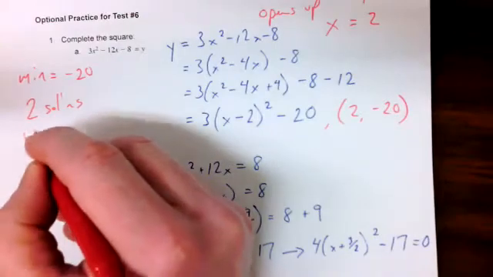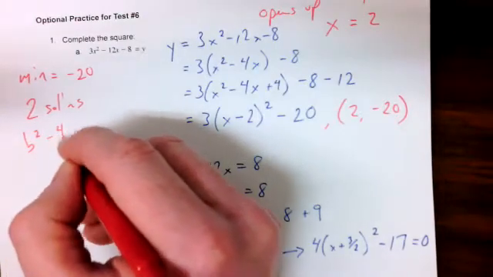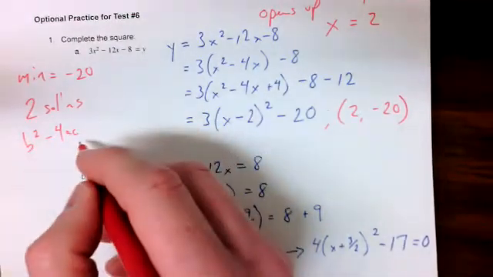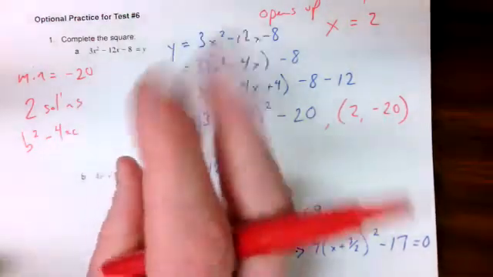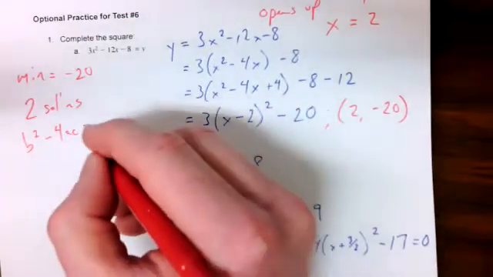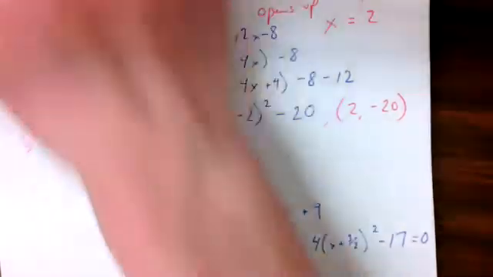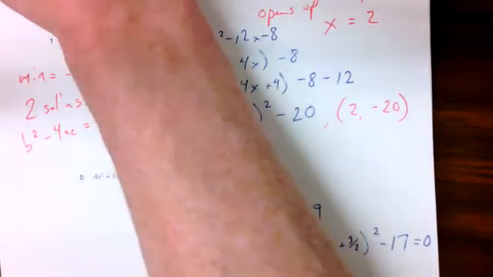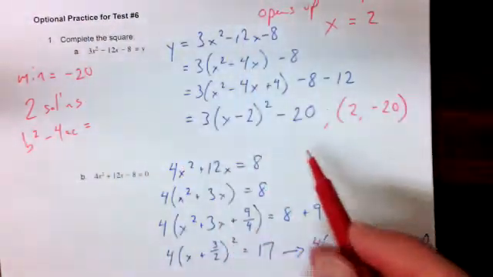And the value of the discriminant. I really didn't give a whole lot of room here, did I? B squared minus 4AC. You will get the quadratic formula. I'm not going to give you the discriminant. That's under the root sign in the formula. So B squared minus 4AC is